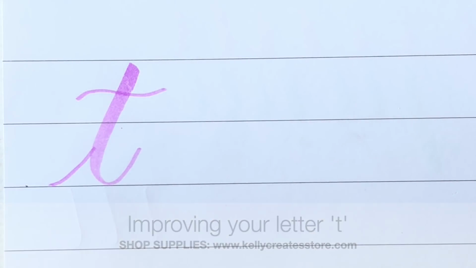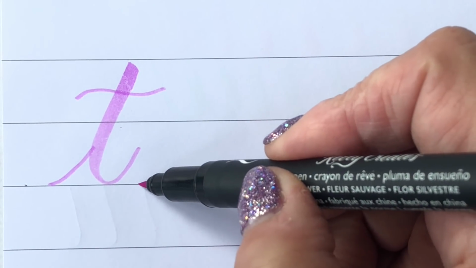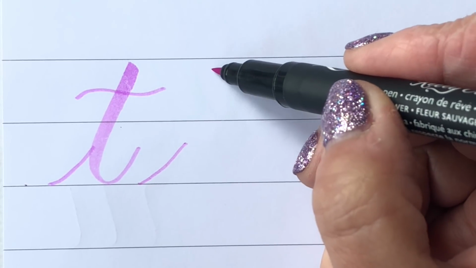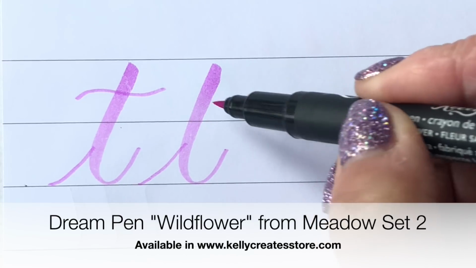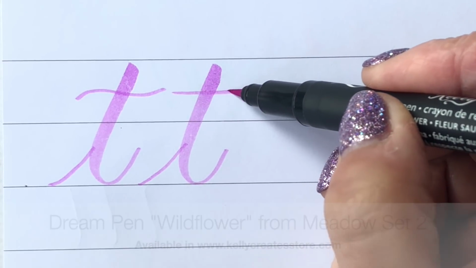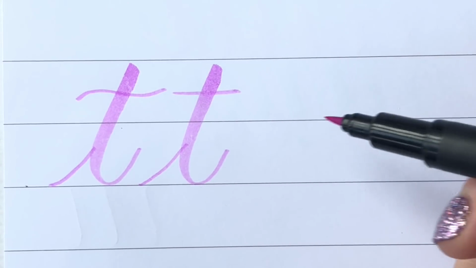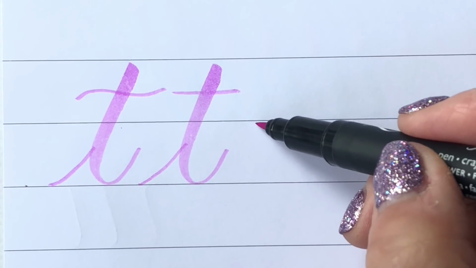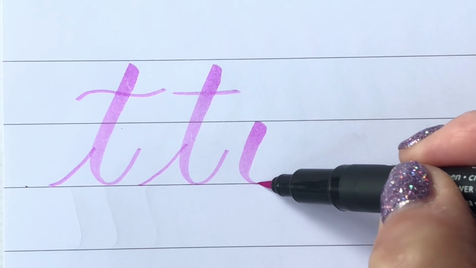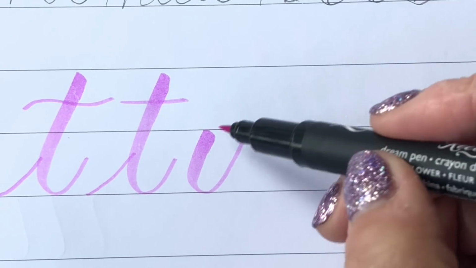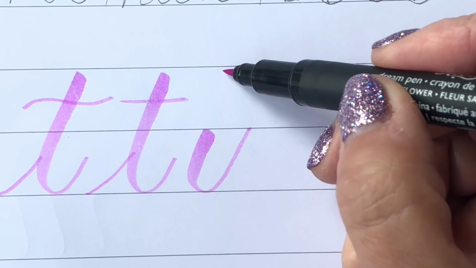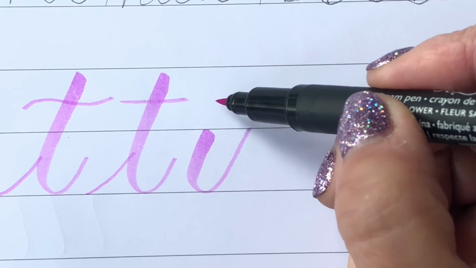Everyone. The letter T can cause some issues for beginners, and there's a few reasons why. Number one is people forget that the T is simply an underturn. So what is the basic stroke of the letter T? It is an underturn that we just simply make taller, just like the letter I. So we keep the same shape, except we're starting now at the ascender line or lower,